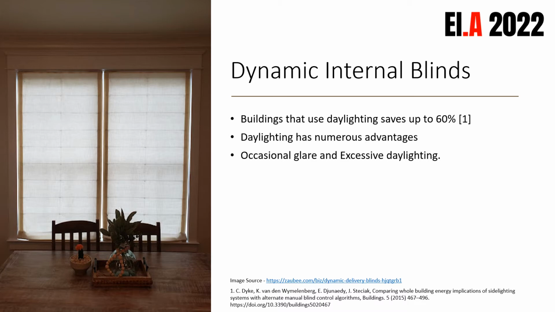The space designed for daylighting will need blind due to occasional glare and excessive daylighting. Blind controls the amount of sunlight entering the room. Blinds affect the interior lighting load, space heating, cooling loads by regulating the quantity of daylight and incoming solar radiation via the window. Depending on how it is mounted on the window, blinds can be classified in three categories: external, internal, and